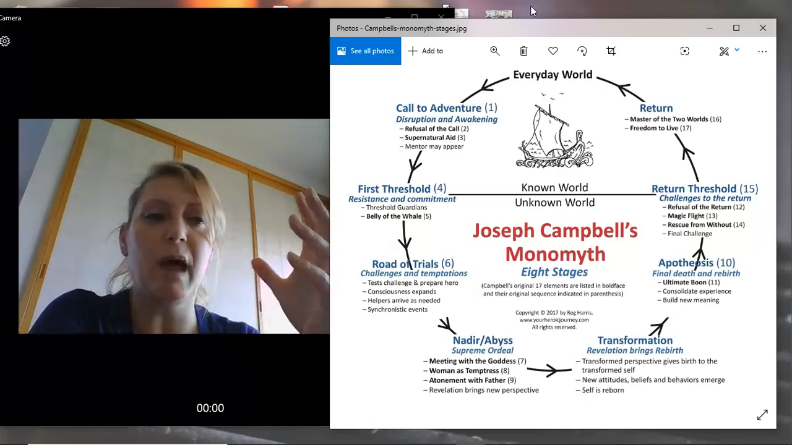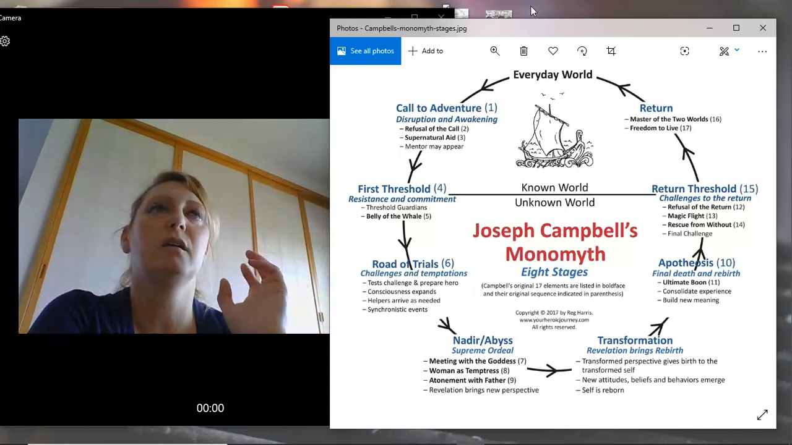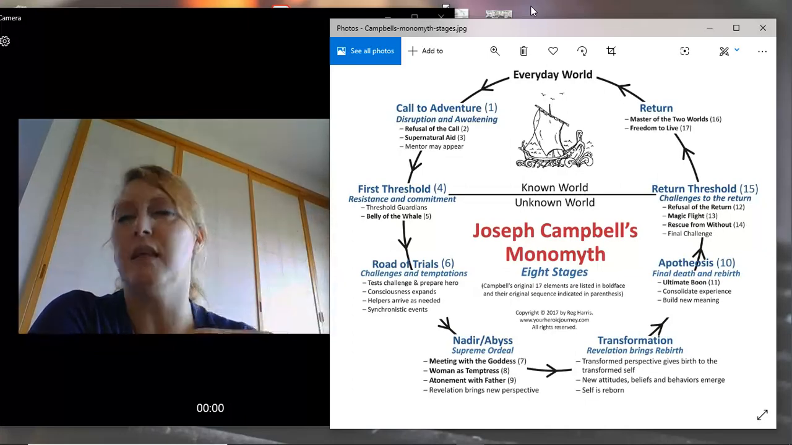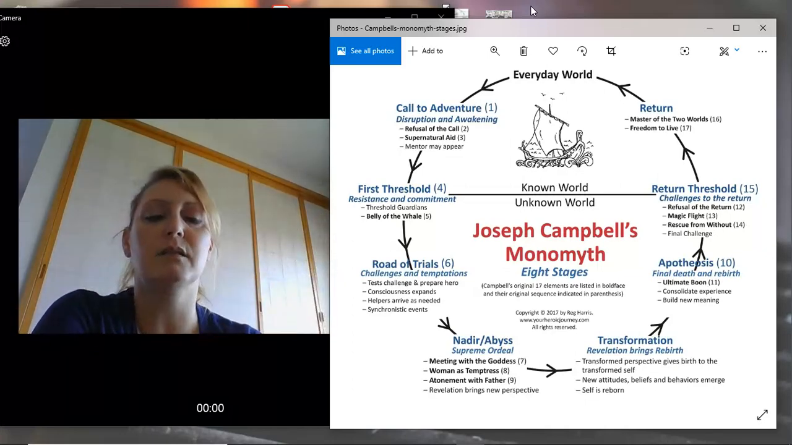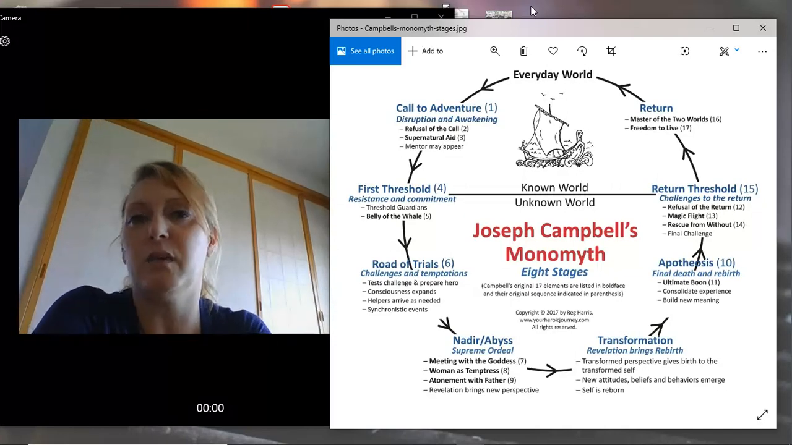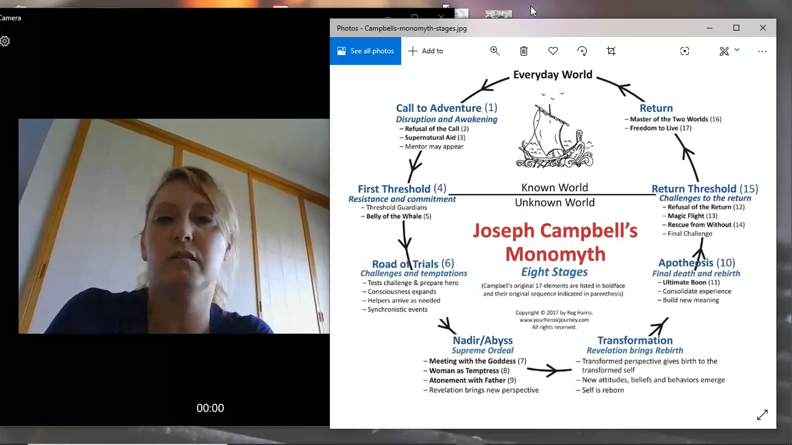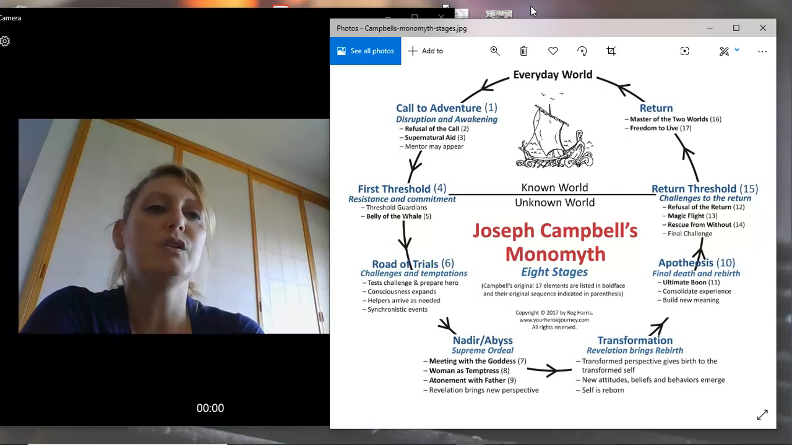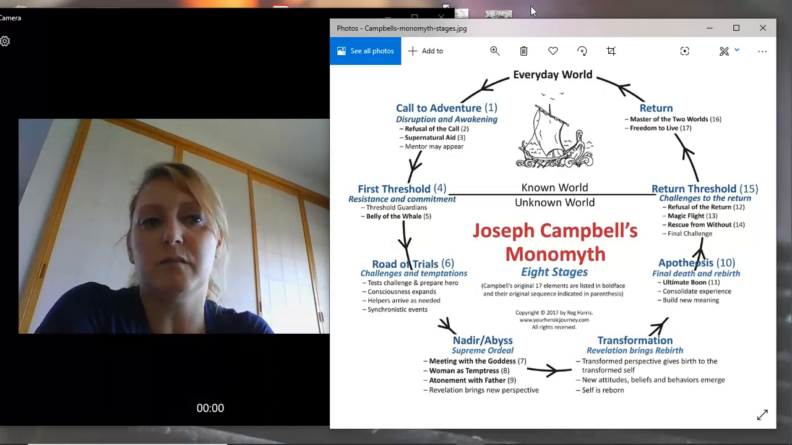A rescue from without, a lot of times what happens is they're hesitant to go back, but they have somebody from their everyday world that needs them, or that comes to get them and says that they're needed in the world they started out with. So when they return, they're then